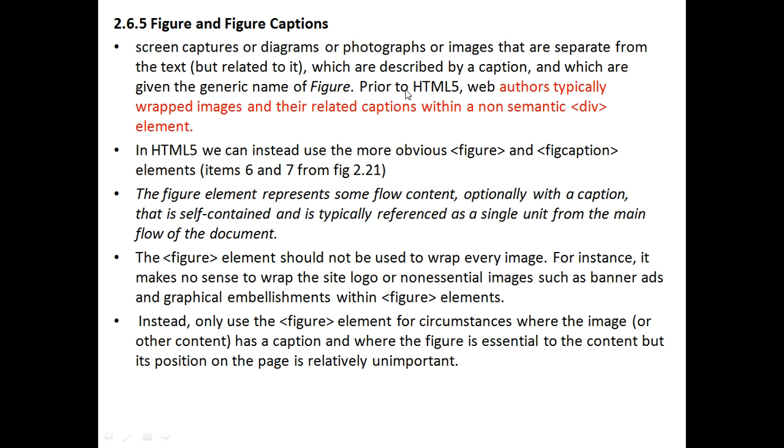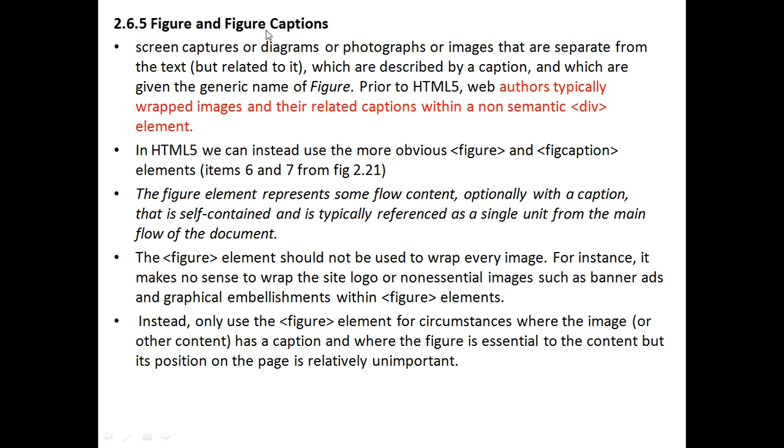Clear? Prior to HTML5, web authors typically wrapped images and their related captions within a non-semantic element, that is a division. What did they do before HTML5? The image and its explanation, the image and the caption of the image, they would wrap within the division element.